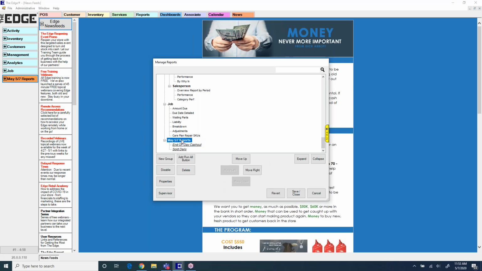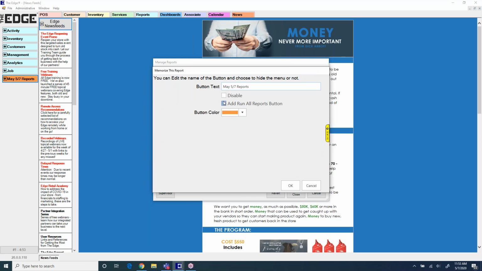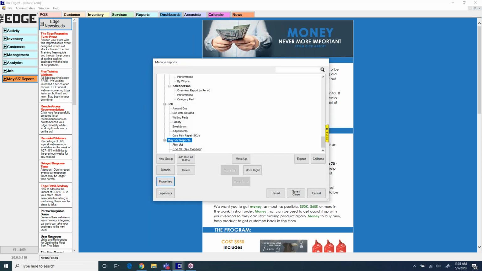I can also come to my group. I can select properties and I can change my group name. I can disable groups of reports. What disable is going to do, it's going to make it so you do not see it on your screen. We're not deleting it. It's just going to disable it. It's kind of like making things inactive in the software. I can select disable. When I hit save and close,